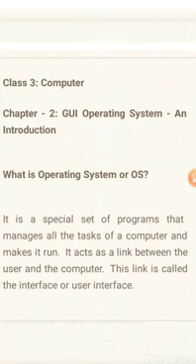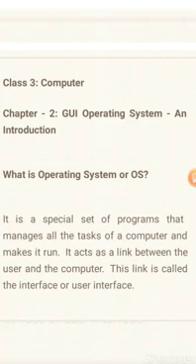We know that a computer is complete only when both hardware and software are in place. So how do they work together? Here is where a special set of programs called operating system manages all the jobs and tasks for a computer and makes it run. Without an operating system, they are just hardware and software parts. They are not called a working computer. So, a computer cannot work on its own. It needs an operating system or OS.